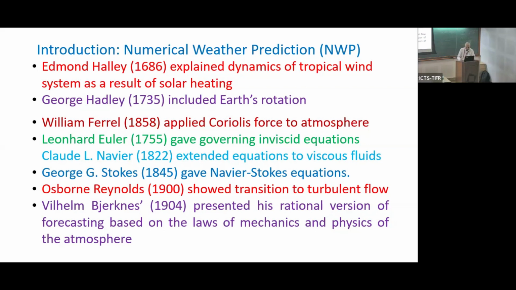Bjerknes was one of the most famous atmospheric scientists in the beginning of the 20th century; you can say he's the father of numerical weather prediction. He presented his rational version of forecasting based on the laws of mechanics and physics. So before I go into it, all of you are familiar with